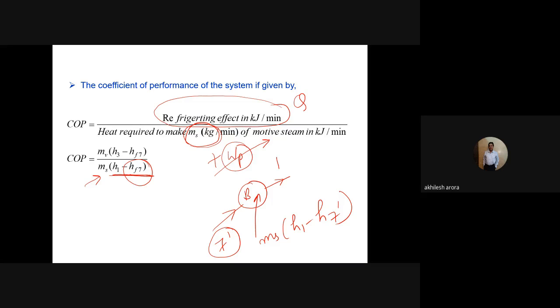और जो ऊपर कूलिंग इफेक्ट प्रोड्यूस किया है वो है MV इंटू H3 माइनस H7। तो इन दोनों का रेशियो से हमें COP की कैलकुलेशन मिल जाएगी। और बेसिकली अब ये देखो तो यहाँ पे MV बाय MS की टर्म आ रही है, जो कि हम ऑलरेडी कैलकुलेट कर चुके हैं, पहले हमने जो डेरिवेशन किया था।